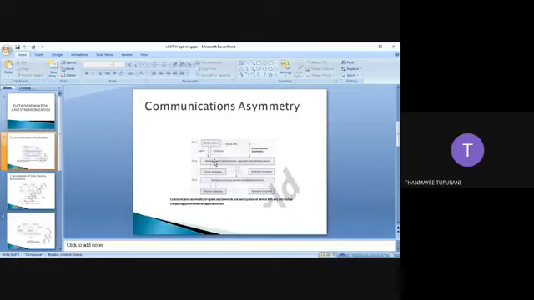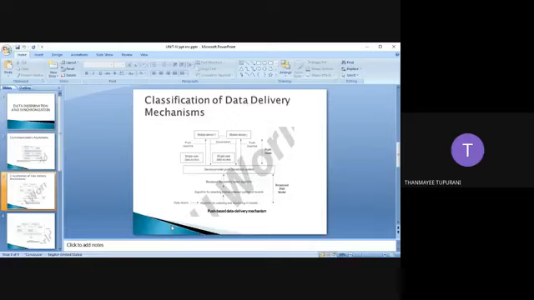Yes, so this is a simple example of communication asymmetry, and the devices that are going to communicate, like the service provider, synchronization, and API applications, and whatever databases are connected to your type 2, and the data that should be transmitted from type 3 to type 1. As I said, type 1 is going to be linked up with type 2, and type 2 to type 3. This is a simple example of communication asymmetry with an uplink and downlink of your thing.